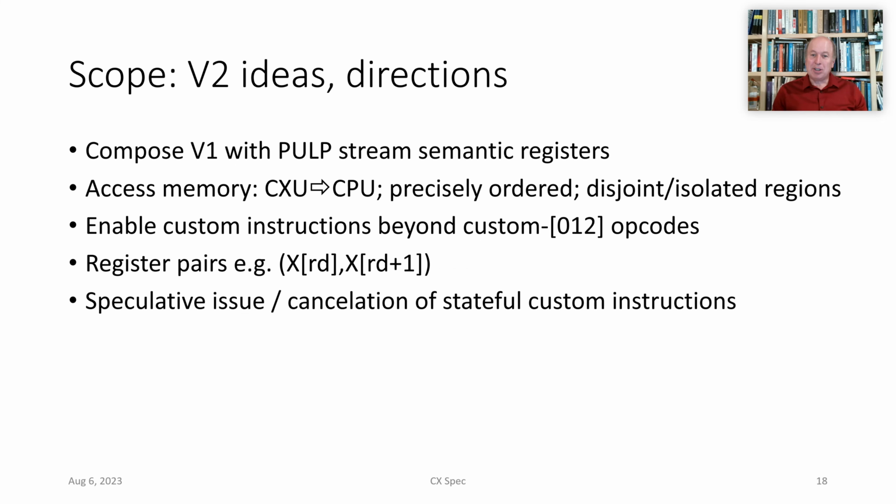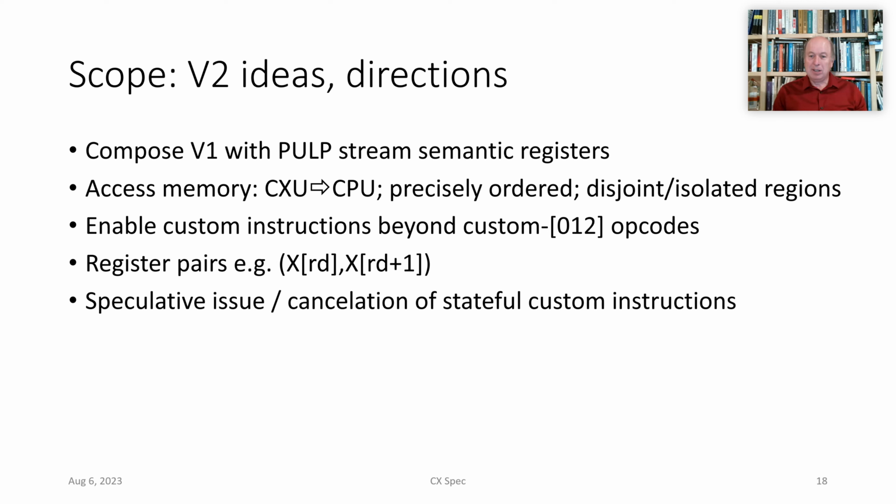That said, in the long term, a composable extension facility should address more scenarios and access to other RISC-V processor resources. So here are some discussions we've had that are not in the spec, if you will, a preview of some things to come. First, it would be very powerful and complexity effective and area frugal to add the PULP stream semantic registers and 0 overhead loops to the CXU V1 extensions, allowing efficient streaming of memory-based operands through extensible CXU data paths. Or enable a composable extension that can directly access shared memory,